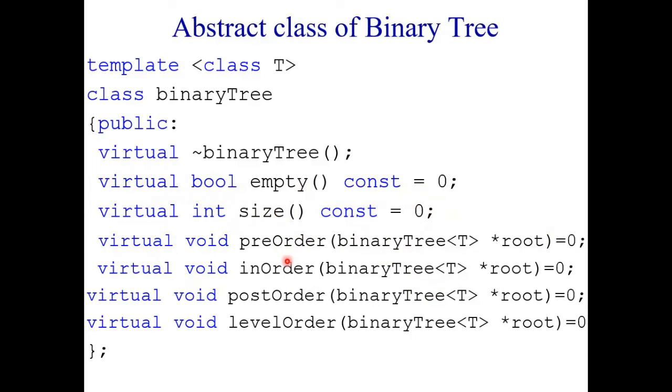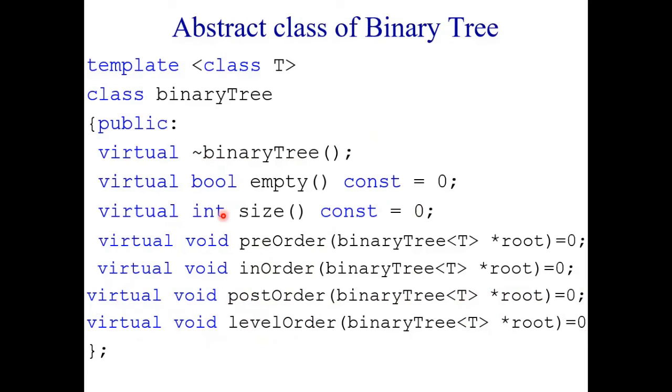Again, in-order traversal, a pure virtual function assigned to 0, with return type void and the virtual keyword. Again, post-order traversal, you're passing the root address, no return type, virtual keyword, equals 0. The same thing again for the level order function. Yes, these are all okay. The abstract class is a representation of these operations using a programming language, but there is no